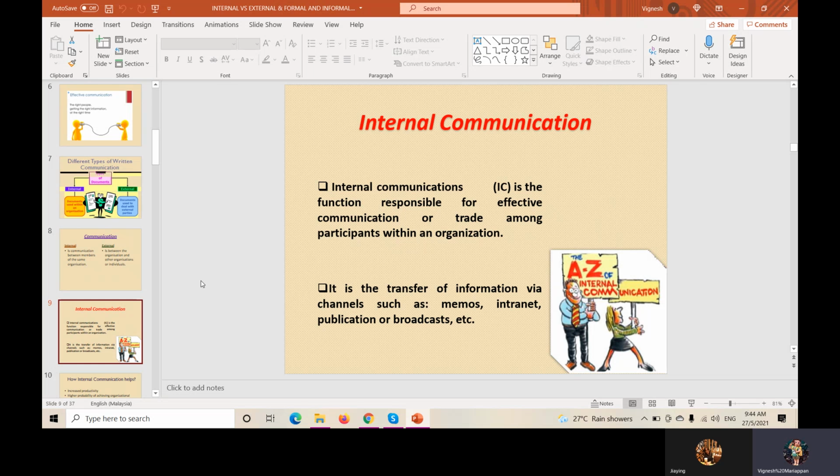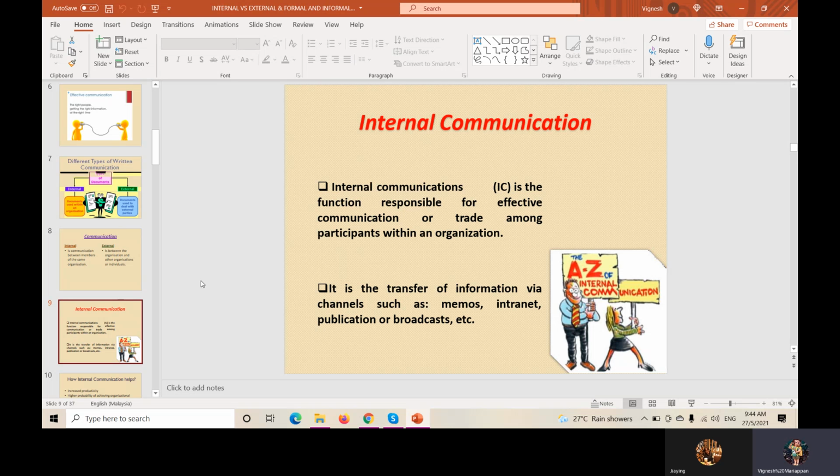And in internal communication, you can transfer your information, or the members can transfer information to you, not only face to face, they can also use media like the memo, the broadcast,